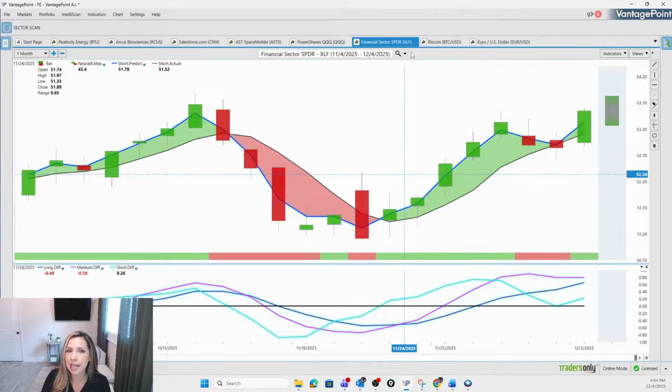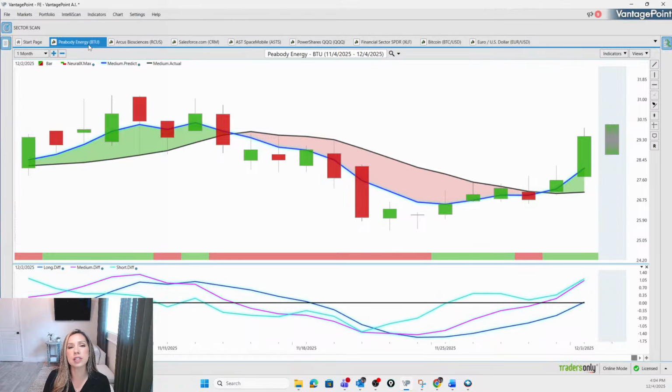We're going to get to that momentarily. So I'm actually going to jump over to just a traditional stock. I want everybody to understand how to read the analysis, so that way we're all on the same page moving forward as we dive into some of the more detailed analysis. So I just got BTU or Peabody Energy that has shown up in one of the scans